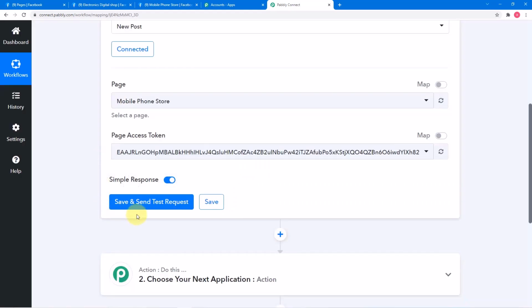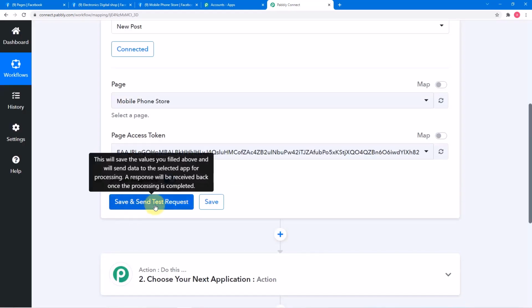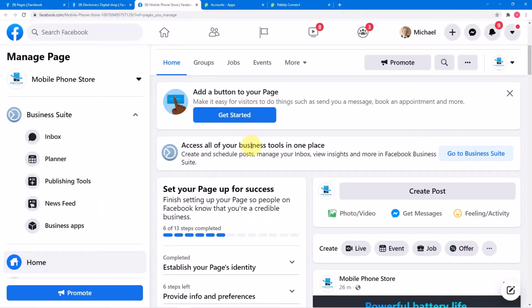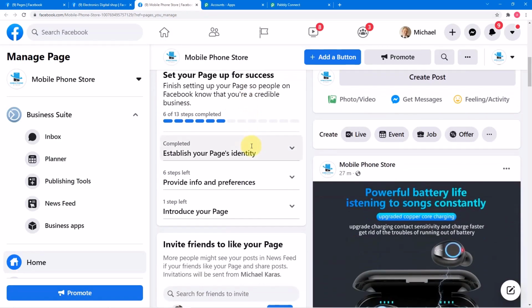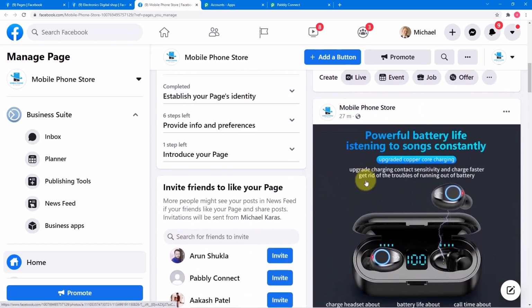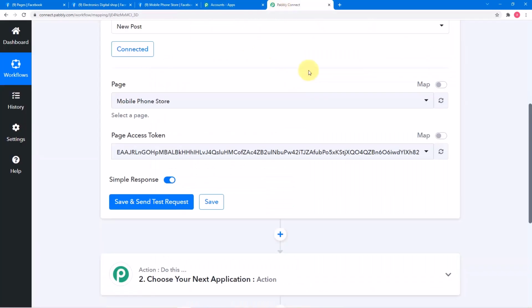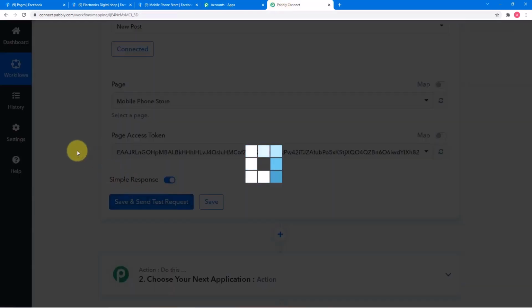Okay, now when I click here on save and send test request, it will capture the most recent post that we have posted here in our page, this one. So this is the post that we have recently posted. This is the photo. Okay, so let me click here on save and send test request,